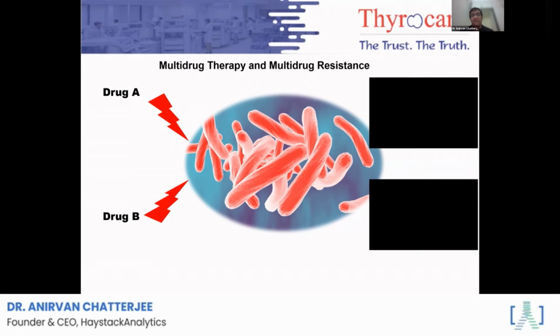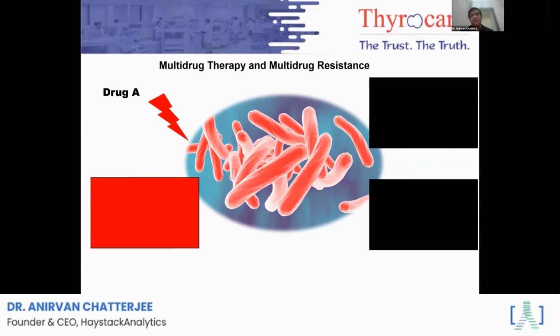And what happens now is, if we are giving a multi-drug therapy where 3 drugs don't work, 2 drugs don't work, then we no longer have a multi-drug therapy. And that is at the crux of some of the problems we are facing in the world today, where we are expecting that the patient is undergoing a multi-drug therapy, but the patient might not be, if we have not tested all the drugs that we are giving to the patient. Which means, in a multi-drug therapy, when one or more drugs are not working, the other drugs are at risk because they can develop resistance much faster.